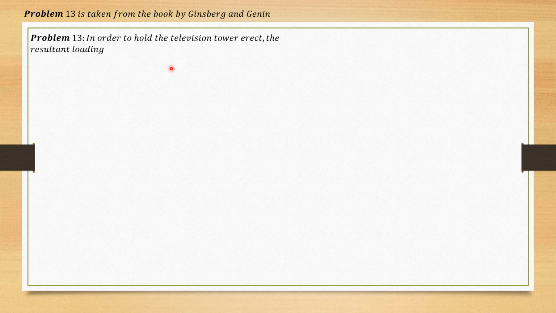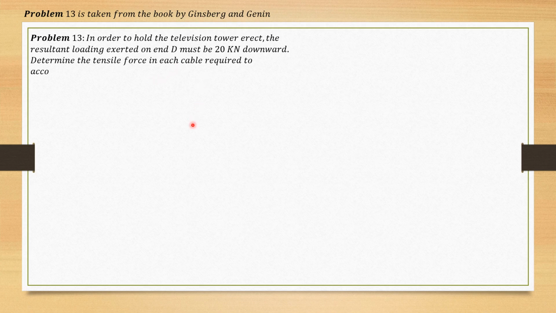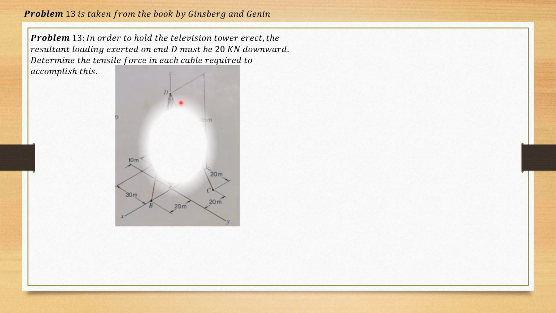In order to hold the television tower erect, the resultant loading exerted on end D must be 20 kilonewtons downward. So determine the tensile force in its cable required to accomplish this. So this is the given figure, and